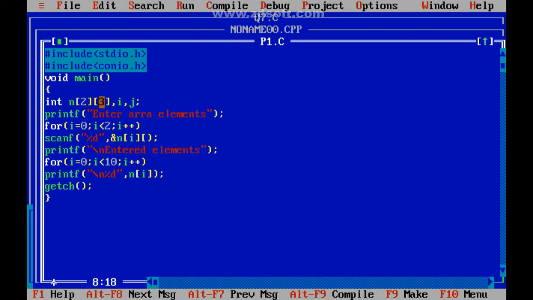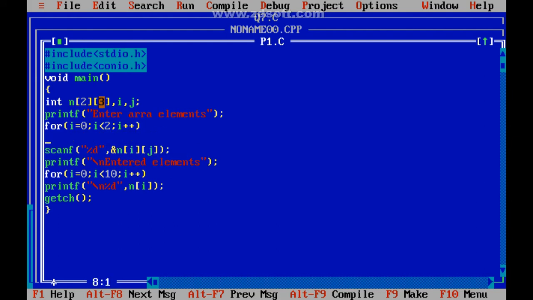Read the values n[i][j]. For j equals 0 to j less than 3, j plus plus.